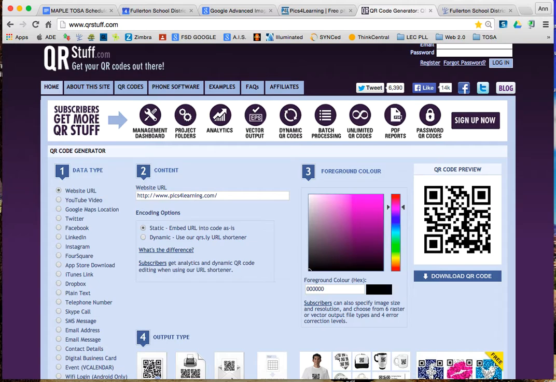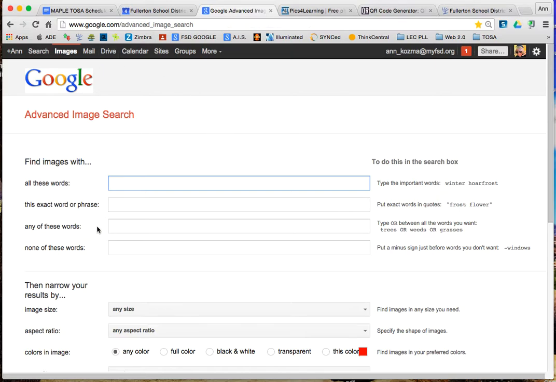Once it's on my desktop, I immediately name it with a specific detailed name. That way, if I'm ever looking for it, I can just go into my search icon and say Pics for Learning QR code. Another way that you could make a QR code, for example, here's another advanced image search,